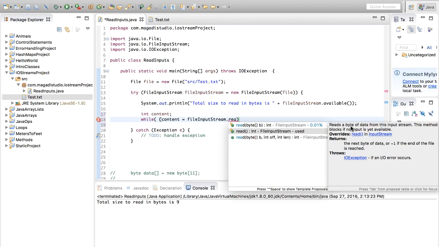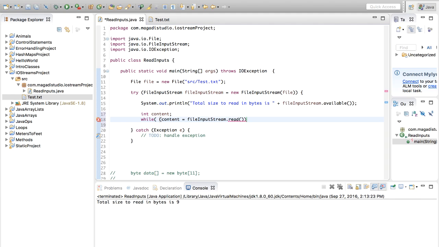So it says here reads a byte of data from this input stream. This method blocks if no input is yet available. Okay. Now it says returns the next byte of data, or -1 if the end of the file is reached. So here what we can say, well, if content is getting all of the stuff from our file and hasn't reached the end of that file, which means if that is not equal to -1,